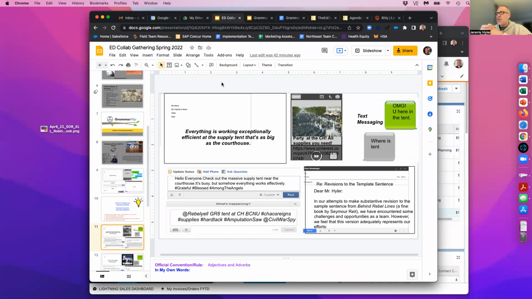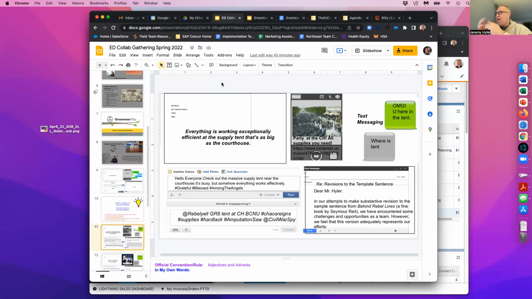But you can see that this Google Doc, I just have them write down the mentor sentence. And then you can see with the old version of Snapchat how students rewrote the sentence where they said party at the CH, all supplies you need. And then you can see how they wrote it in a text message. And I'm not going to go through and read each one of these to you, but you can see how with this student example, how they went through and they rewrote this. And you can see in the bottom right-hand corner, I have to point this one out because this is my favorite, but you can see that they actually did some really, I felt like smart alecky